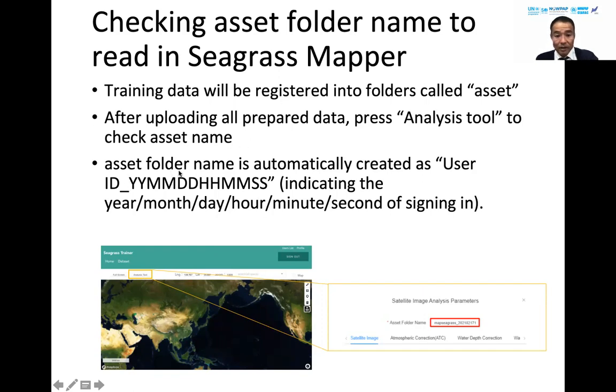And the asset folder name is automatically created from your user ID of Seagrass Trainer and the year, month, day, hours, minutes, and seconds. Okay, and this asset folder is created every time you log into Seagrass Trainer. So you have to remember the name of your asset, and it depends on the time of logging into Seagrass Trainer. Okay,